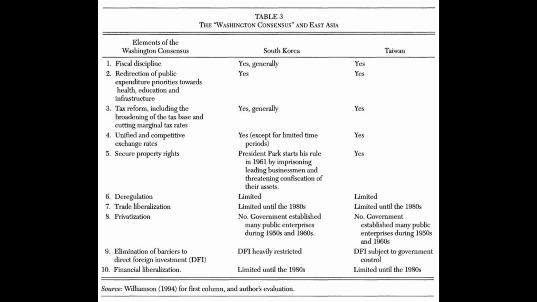And Dani Rodrik uses this to argue that there are, as he describes it, many recipes for economic success, and that the Washington Consensus is too narrow in focusing on the things that it does, and that the countries that have most followed the Washington Consensus, which are Latin American countries, or most countries in Latin America since the 1980s, have not, for the most part, seen a great deal of success, especially, for example, the example of Mexico, which we've already talked about.